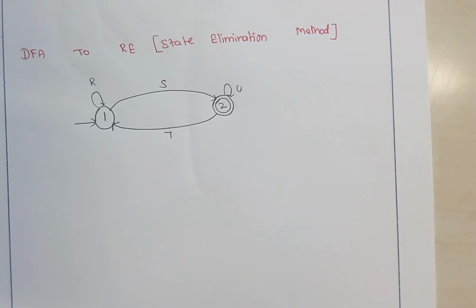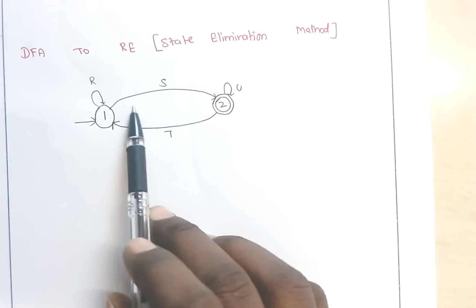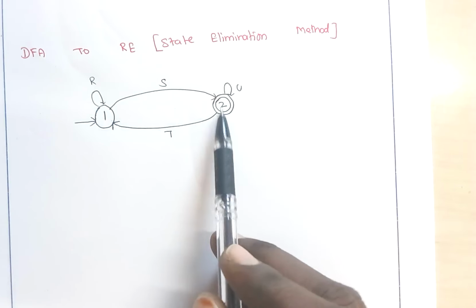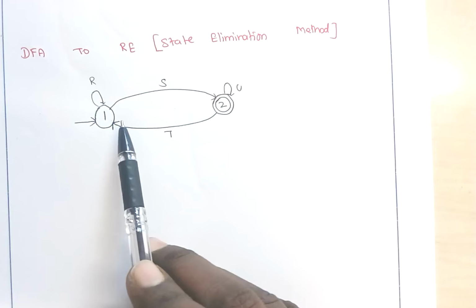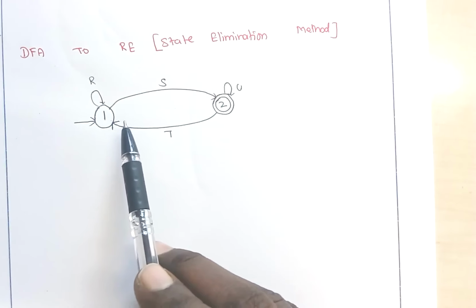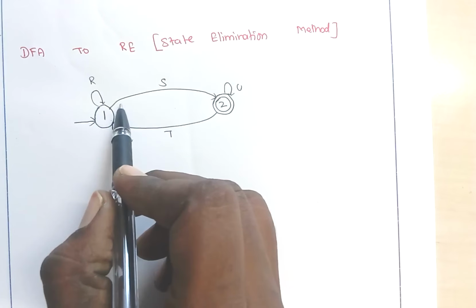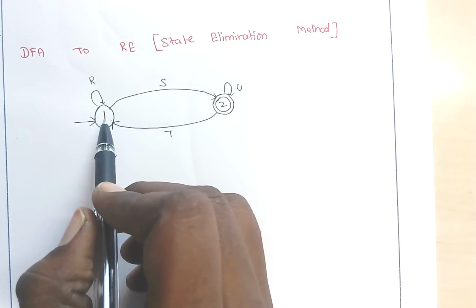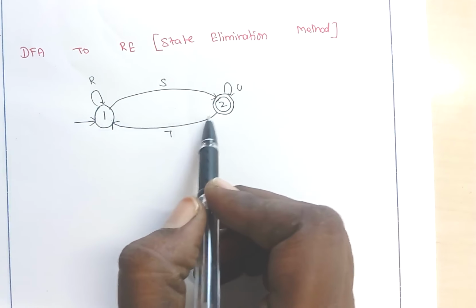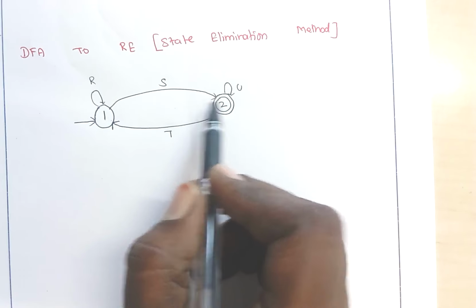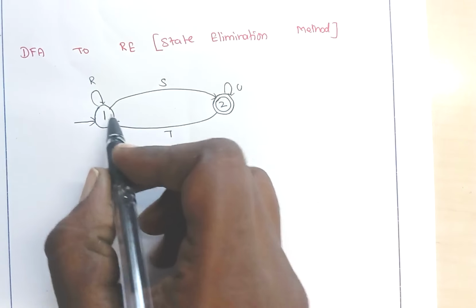Now, in the previous example we considered an example without any looping condition. Here is a case where sometimes we have a possibility of getting some loops inside. From the starting state to the final state we have a looping condition like this. Whenever you have a structure like this, you can reduce it as a looping condition towards the starting state, or you can take this as a looping condition towards the final state.